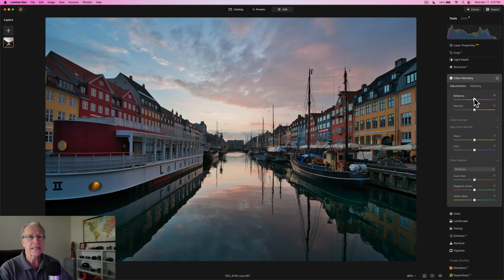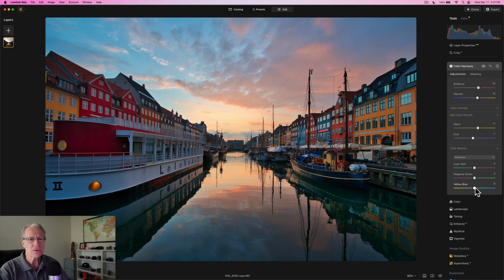So I'm going to come in and I'm going to start by lifting the brilliance and warmth a little bit, and I'm going to bump up split color warmth and slightly pull down the cool. And then in shadows, in color balance, I'm going to do a slight bit of blue. In the midtones, I'm going to do some red, and in the highlights, I'm going to do some red as well. Now, I'm not looking at my notes, so I don't exactly know what numbers I use, but if you look at the before and after,